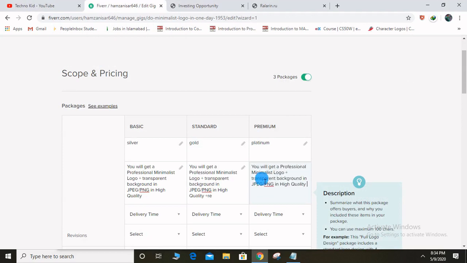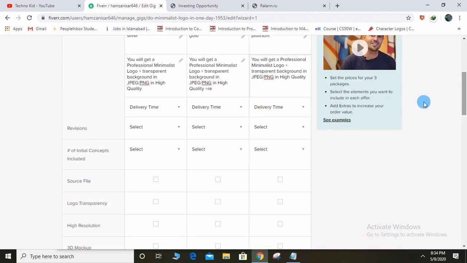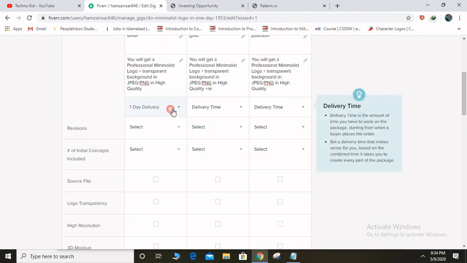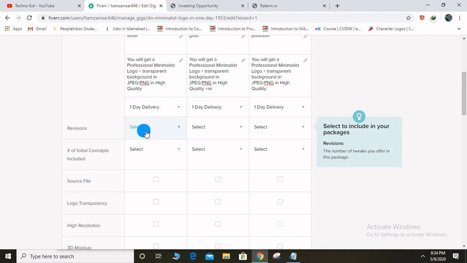Here you can provide unlimited revisions, whatever you want. You write those things in this. And for delivery time, make sure as a beginner you give a 1 day delivery, so that it will give a customer more chance to approach you.